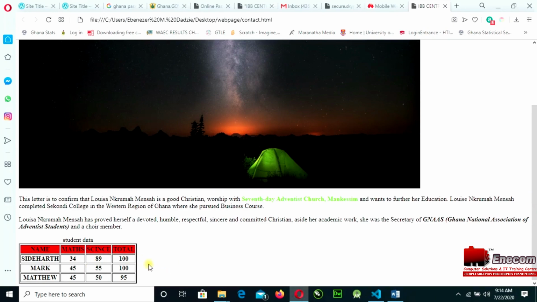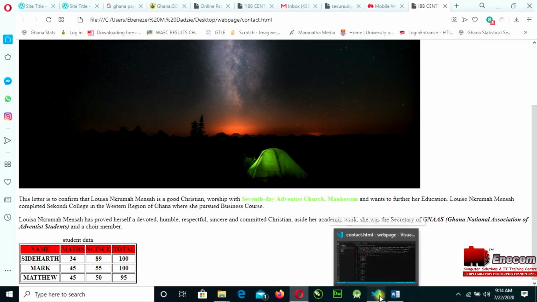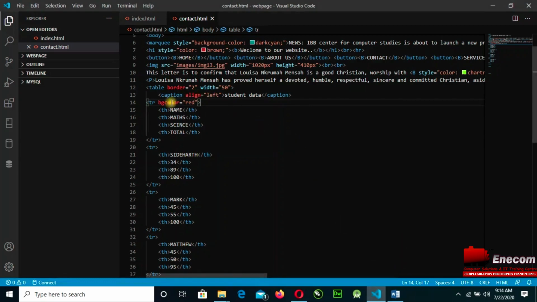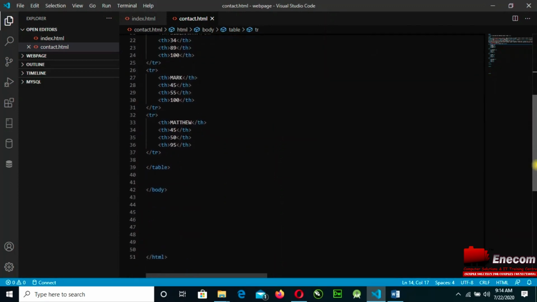So these are the table properties. Now here, if you want to insert more activities, you still have access to do that. So what we are going to do is just do more research.